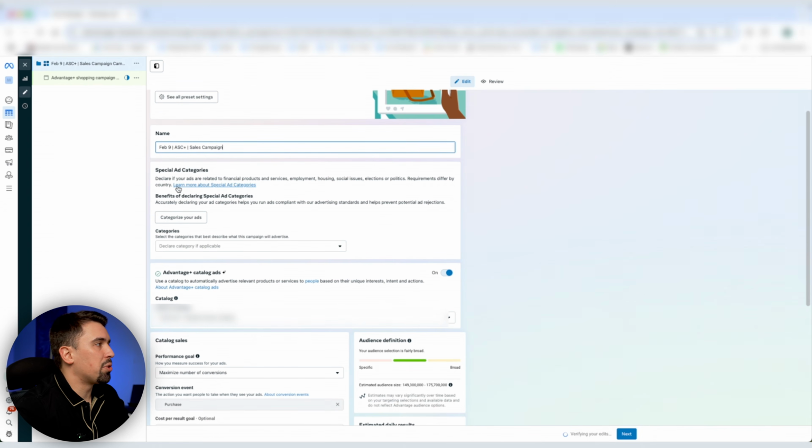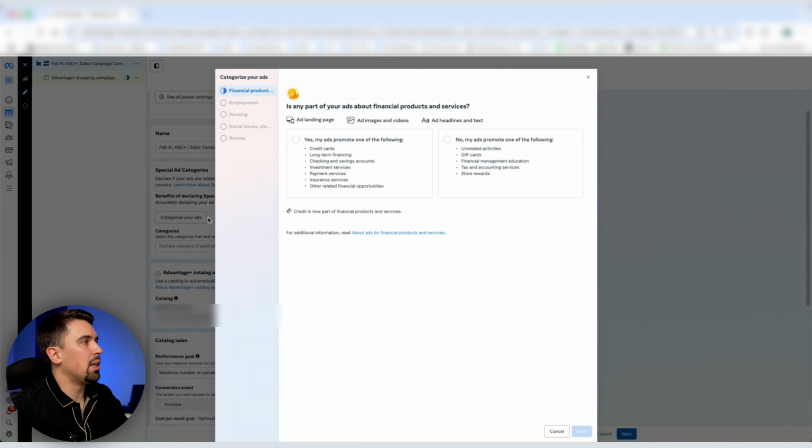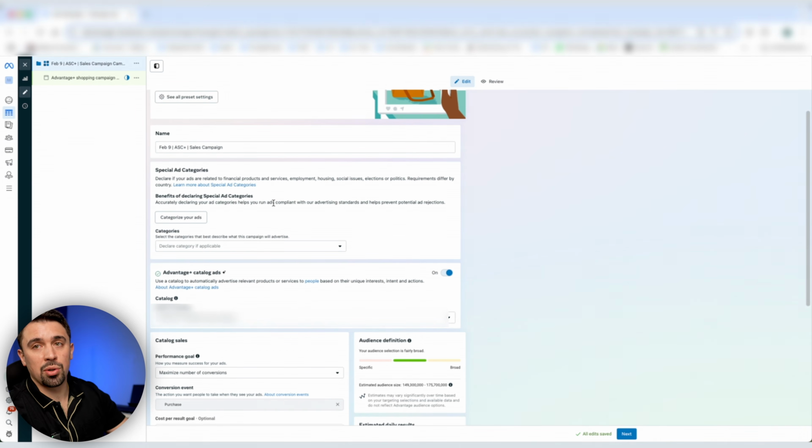So next, special categories. If you are in any of these special categories like financial products, employment, housing, social issues, then you actually have to choose this. Otherwise, you're breaking the Meta ads rules. This is so that you don't do any discriminatory targeting and stuff like that. For the majority of you, you won't need to do this. But if you're in real estate, for example, then you do need to choose housing, or if you're doing employment, that type of thing. For this situation, I'm just doing straight up e-commerce, so this doesn't apply to me here,